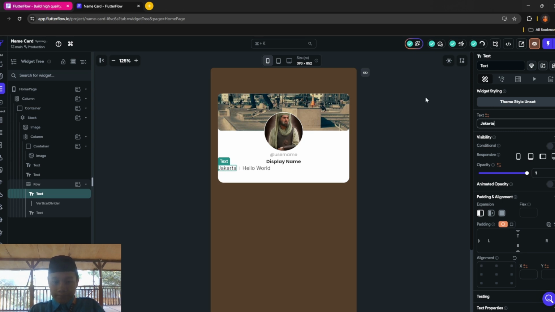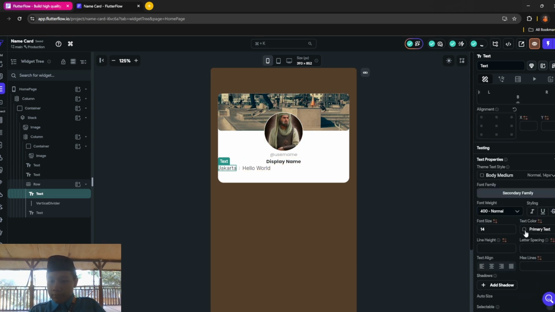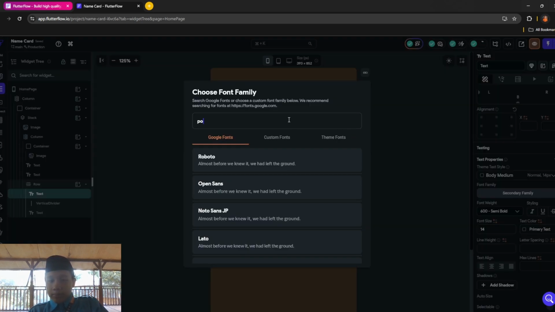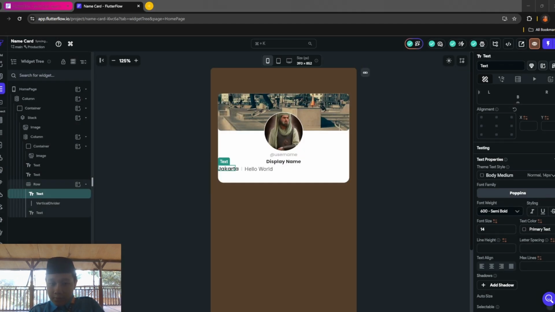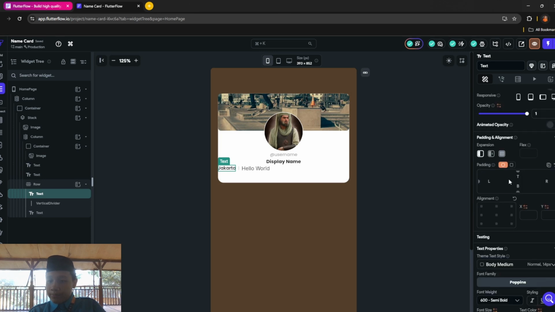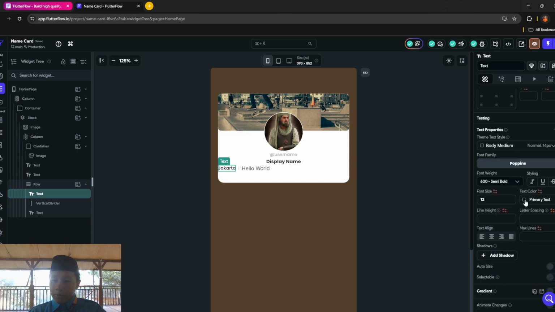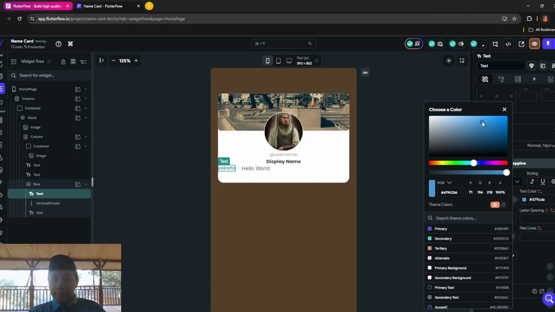Then for the font, you want to make it semi bold Poppins, and the font size for this is 12. And make it light blue.